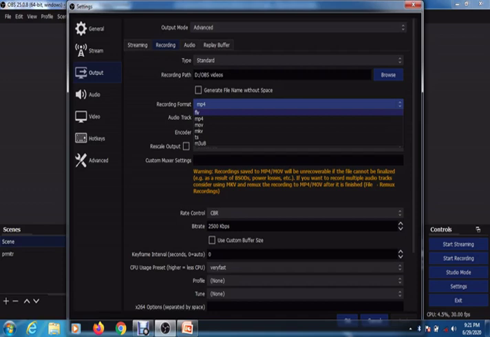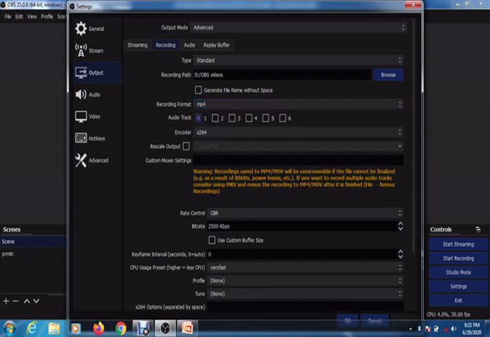But see to it that you use either MKV or MP4, because in these two formats the resolution and quality are really good, and the most important thing is the size is reduced. Your recording will be reduced to a compatible size. It will not go beyond 100 or 200 MB, it will be less than that. So preferably use MP4 itself.